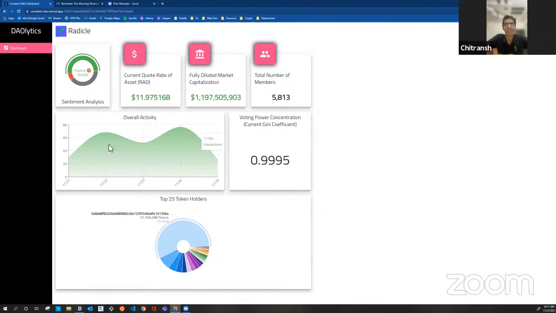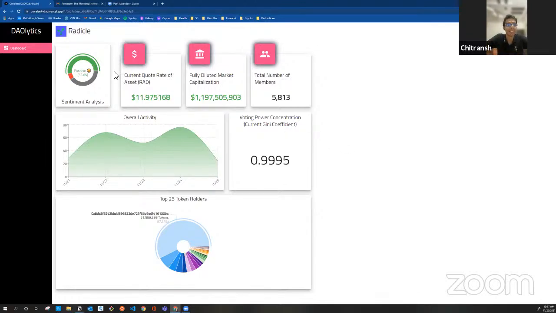Right now we just use the DAO's name as the keyword for the search, which we'll try to improve later by including more keywords in the future. Then we used a score called polarity score to find how positive each tweet is, to get the percentages of positive, negative, and neutral that you can see in the dashboard.